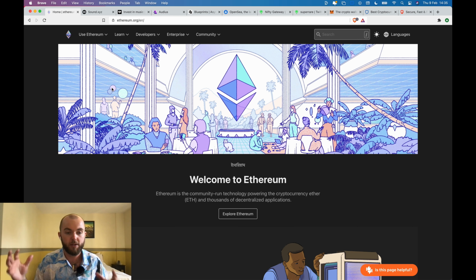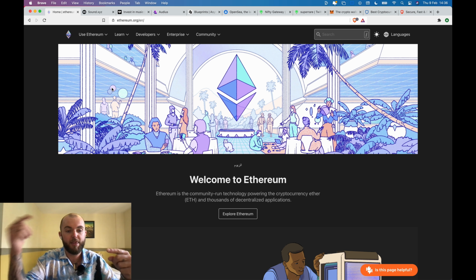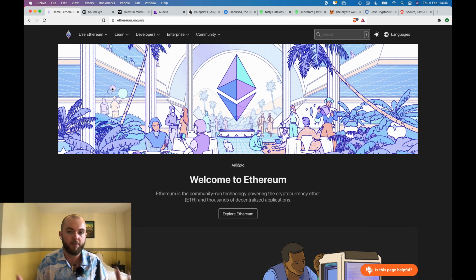You can build things on top of it called smart contracts that, when certain conditions are met, might self-execute. They might do a whole variety of things. One of these smart contracts is NFTs. So you say, if someone sells my NFT on a secondary market, I get a cut of that sale. That is a smart contract. If this, then that. Nice and simple coding kind of language.